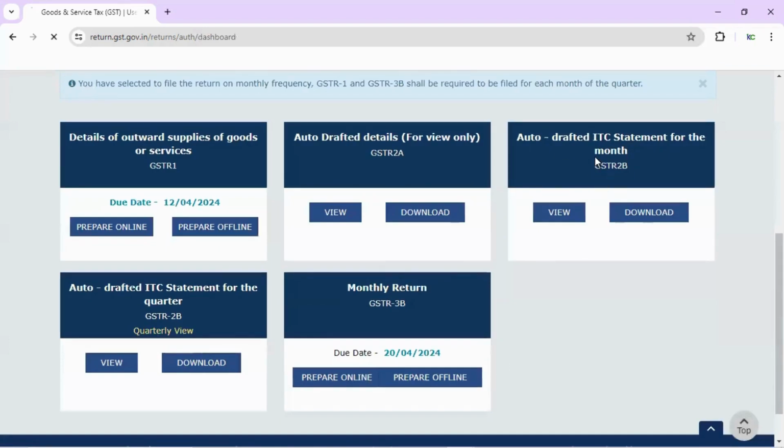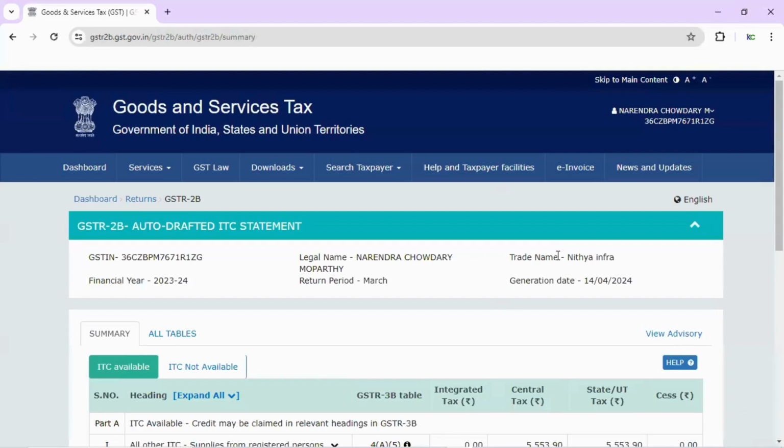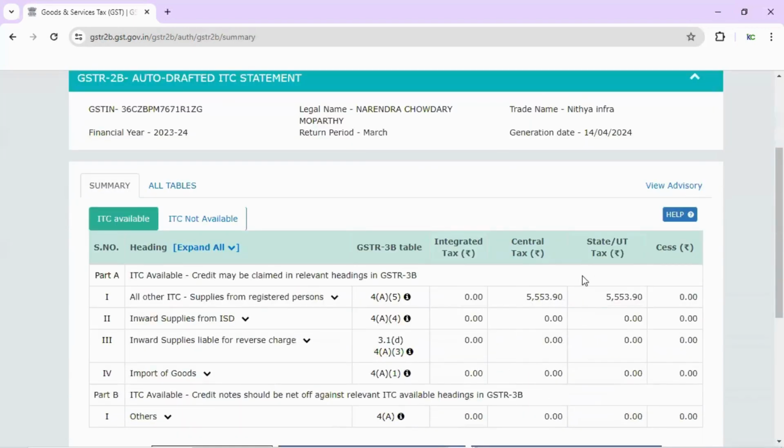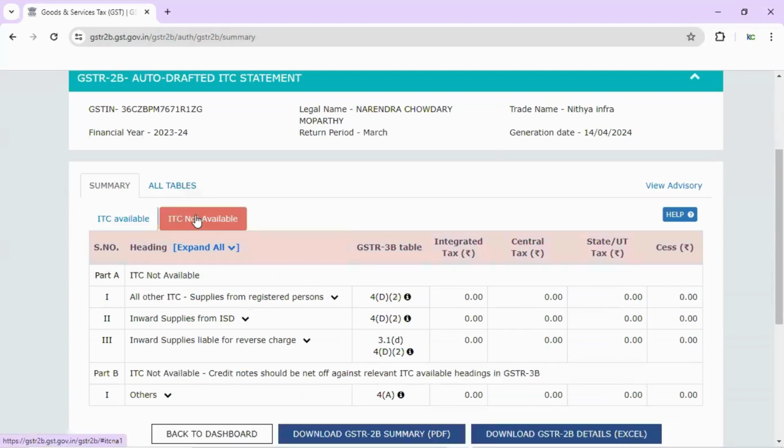So 2B is a system generated statement reflecting the input tax credit. So how much input tax credit will be available is shown here. The ITC available details will be here, and ineligible ITC details also will be